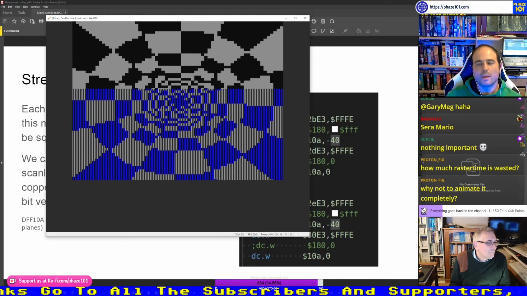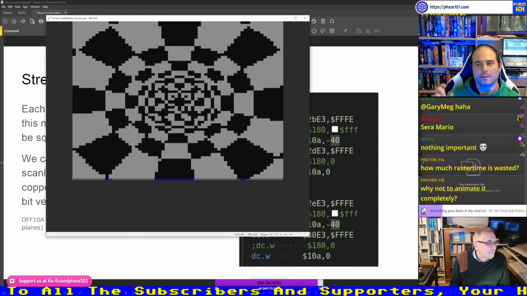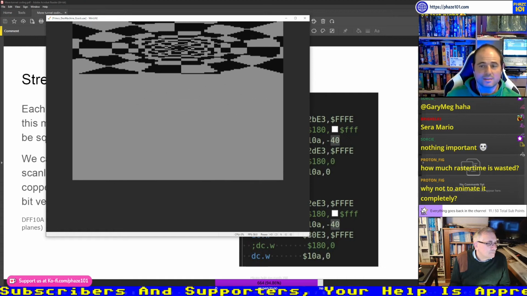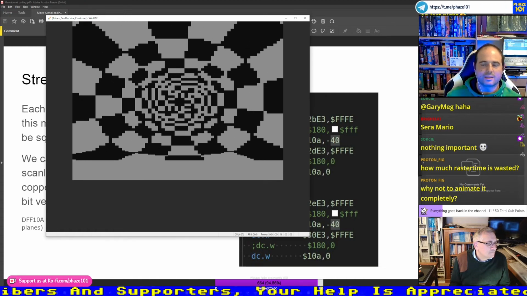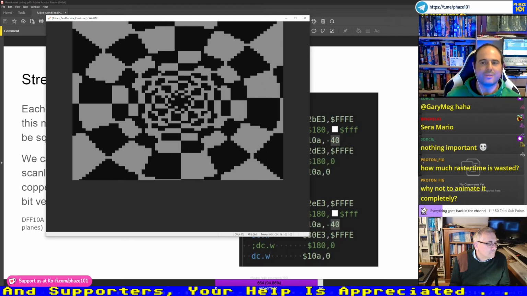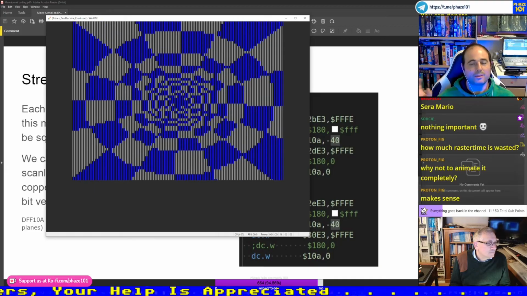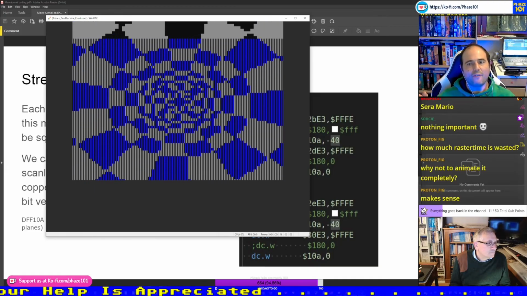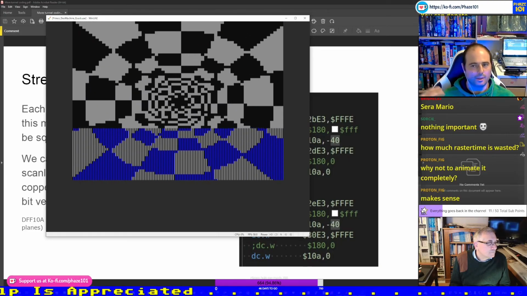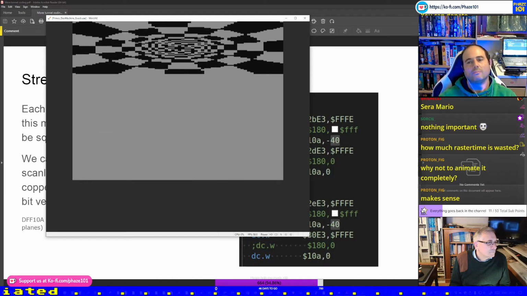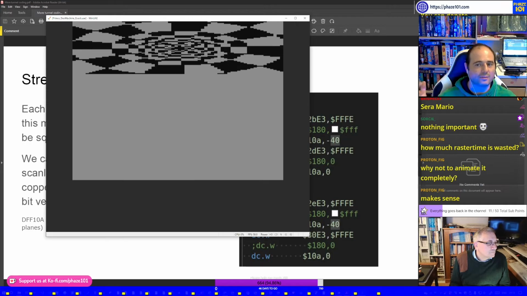So maybe I can change the texture. Instead of having a checkerboard pattern like this, I can just, let's say, make another random pattern, and even if the engine is the same, you can have some effect change with another type of tunnel, an infinite type of tunnel.